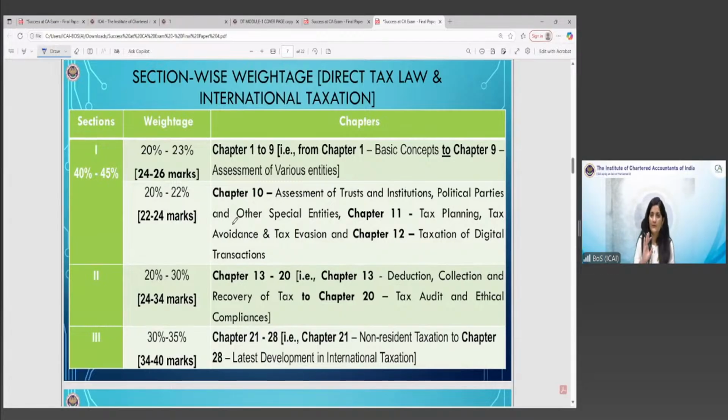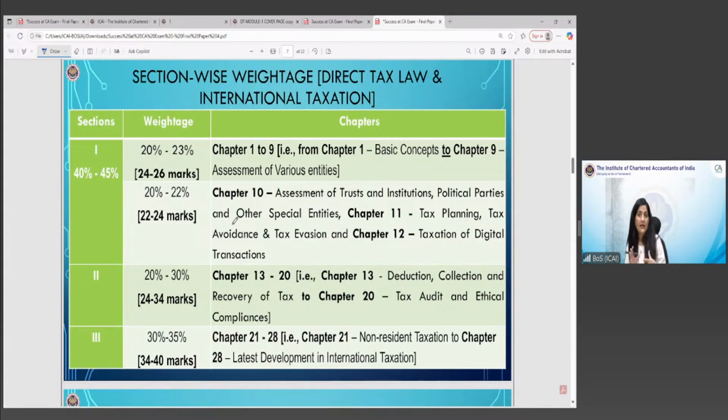First is your substantive provisions. The other is your procedural law. The Income Tax Act itself is divided in that manner. First are the substantive provisions. Substantive provisions are for the purpose of computing your total income and the tax liability. In the whole of income tax, the main question is what is your income and how you are going to determine your total income, right? So substantive provisions are the provisions which help you to determine your total income and the